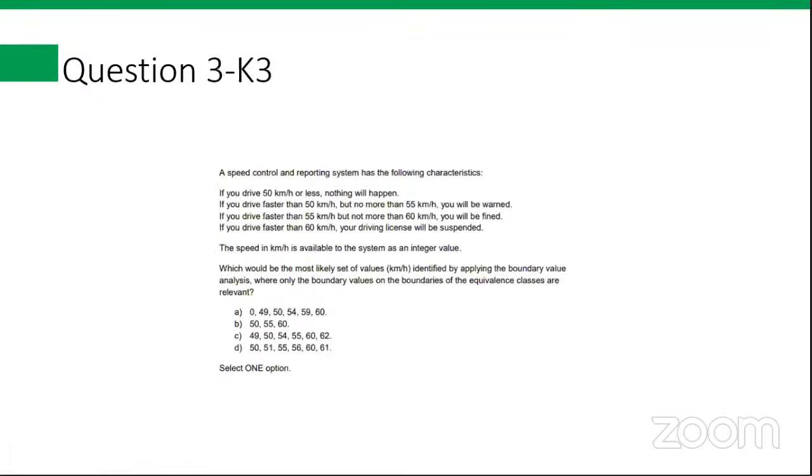Yeah, go ahead. Okay. So you have the second question. I'll just share the PPT with you later. You can definitely try this out and then reach back to us with comments and we'll reply to it. So the second statement is if you drive faster than 50 but not more than 55, which means you have two values here, that is 51 and 55. Then next you have faster than 55, not more than 60: 56 and 60. Then the final value would be 61, which means altogether you have 50, 51, 55, 56, 60 and 61, which